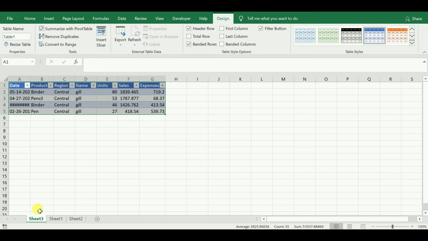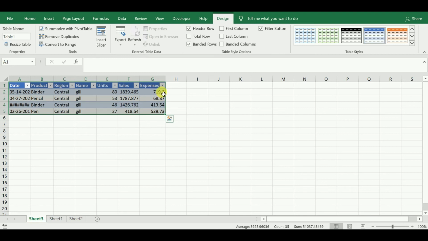So now if you see, you'll get the table here. So Gil has done this in the central region. These are the products, and these are the units which he has sold, and sales, and on the specific date what are the sales he has done, and on the specific date what are the expenses he has done.